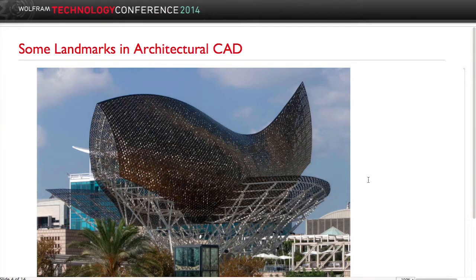NURBS stands for non-uniform rational B-spline. It's the standard today in computer-aided design for describing arbitrary surface geometry. And